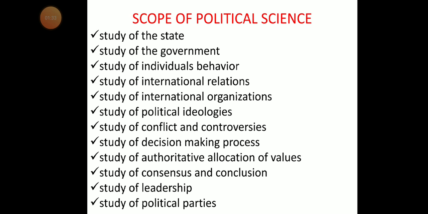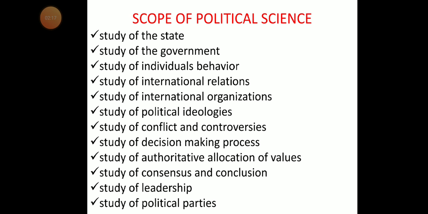First point is study of state. Study of state means we study the state, its origin, its growth, development, and its nature. We study its past, its present, and its future. In the present, we analyze all its activities, elements, nature, and purposes; for the past, we study its origin and development; for the future, we study what kind of state it would be, from the present scenario. So political science is mainly concerned with the study of state. Gardner rightly says political science begins and ends with the state.